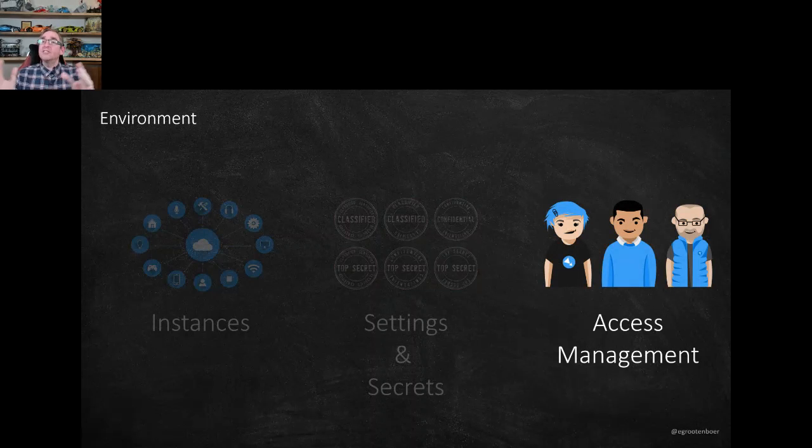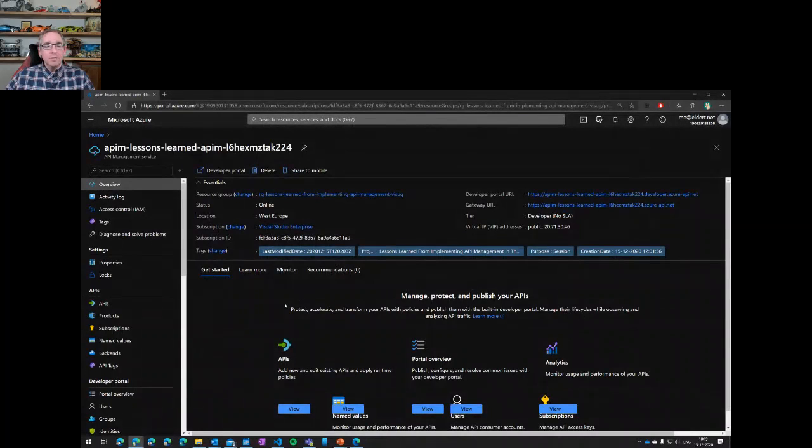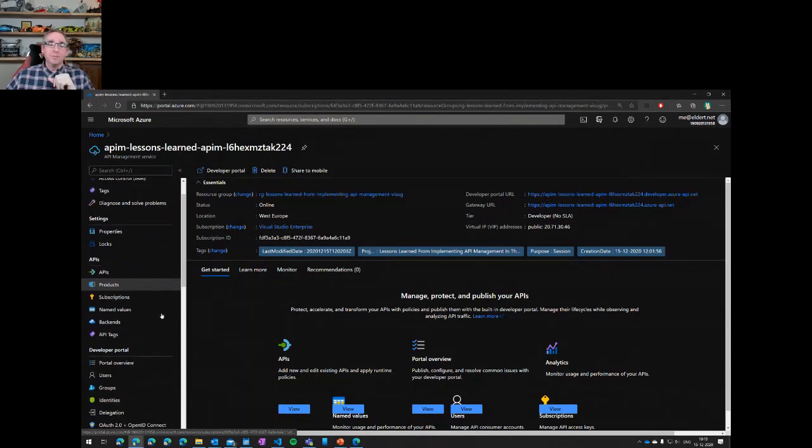And finally here, access management. So the Goudse wants to bring in their own developers, external developers. So they really have to think about, okay, how do we give access to the right APIs to the right people? So let's have a quick demo on this. So we'll do a few things over here. First of all, we are going to look at that access management.